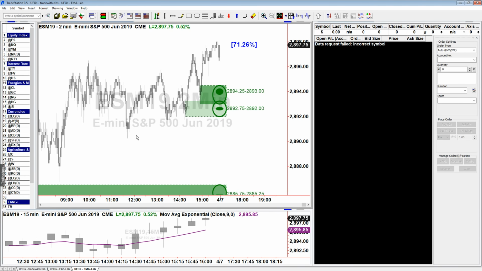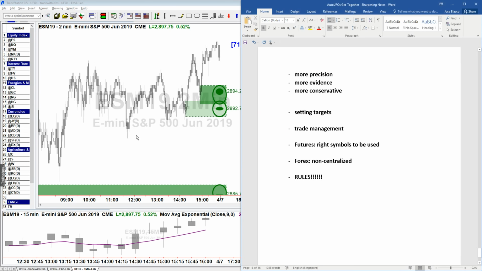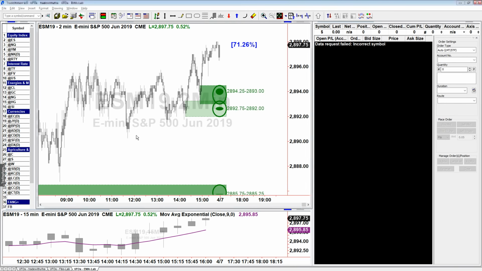Because the idea is to use this methodology and take it to the next level, adding more precision, adding more evidence, all those things that we said. But we're going to start from that starting point, and therefore I would like everybody to have it fresh on their mind what it is that we do on those Tuesdays.